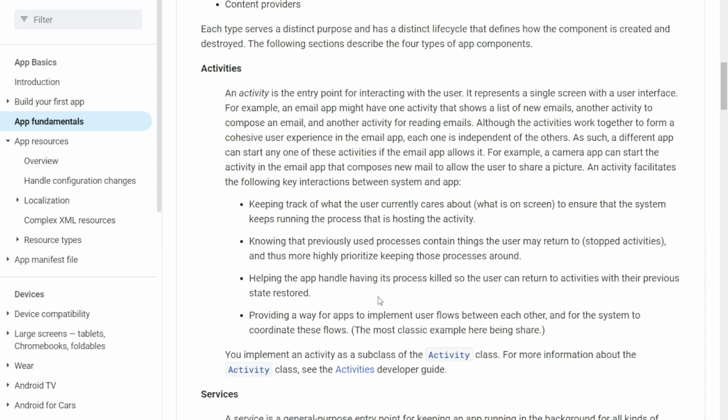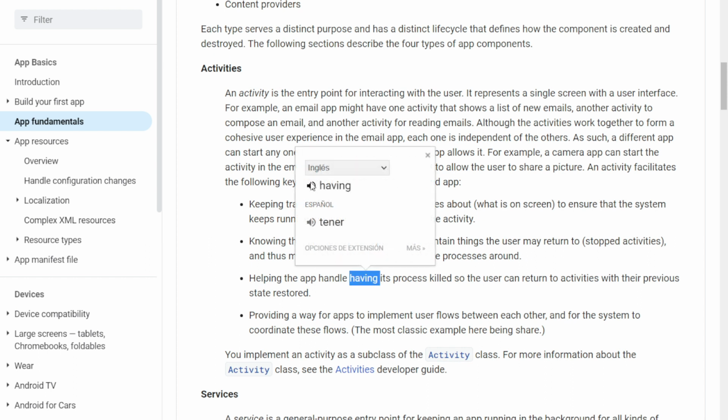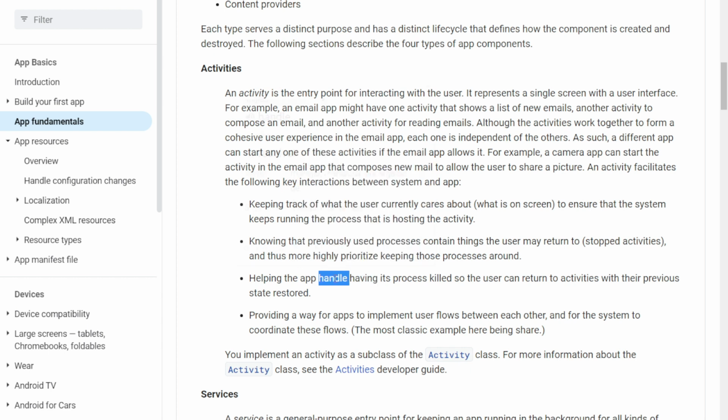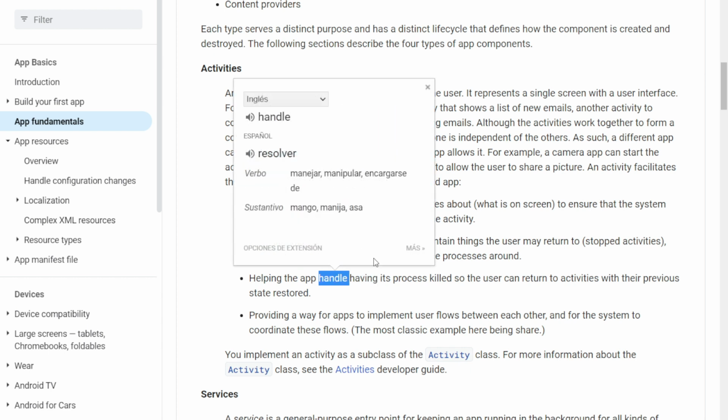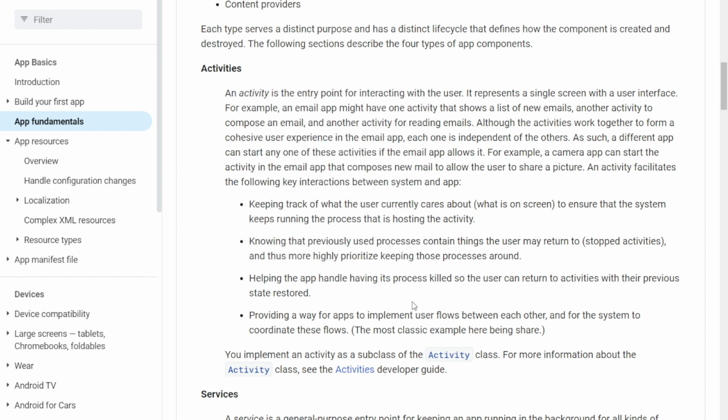Helping the app handle having its process killed,